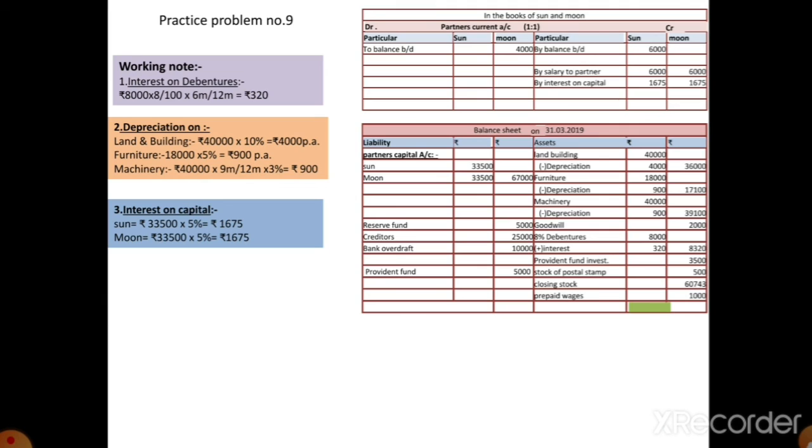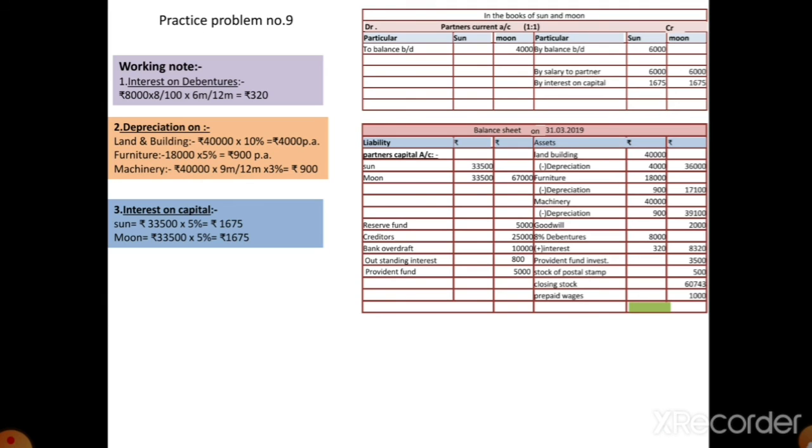Then the sixth adjustment, interest due but not paid, rupees 800. Student, here interest is due but not paid, which means there is outstanding interest. That outstanding interest is a current liability, so it is recorded in the balance sheet liability side as outstanding interest, amount 800. Its second effect is shown in the profit and loss account debit side.